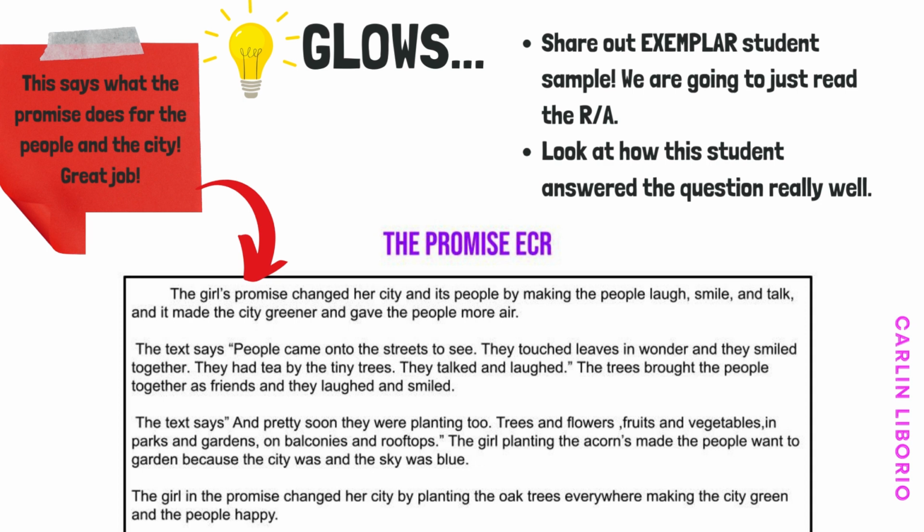And so this is the type of scaffolding that you need to do in the beginning. I would say most of the first half of the year. And then after they've done a few like this, where you're talking about it, you're discussing it, you're conferencing, then they can start doing some independently. But that group work and that sharing is essential for getting your kids to grow with their writing.